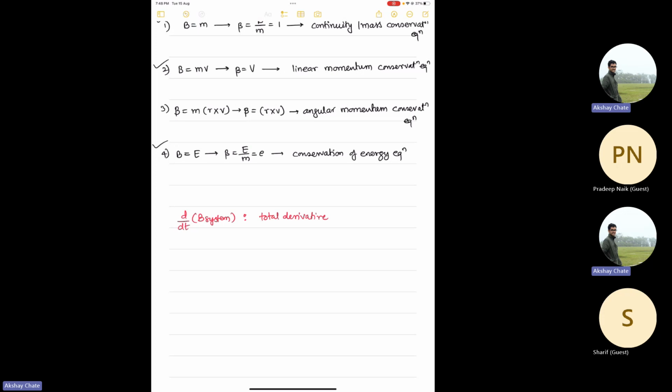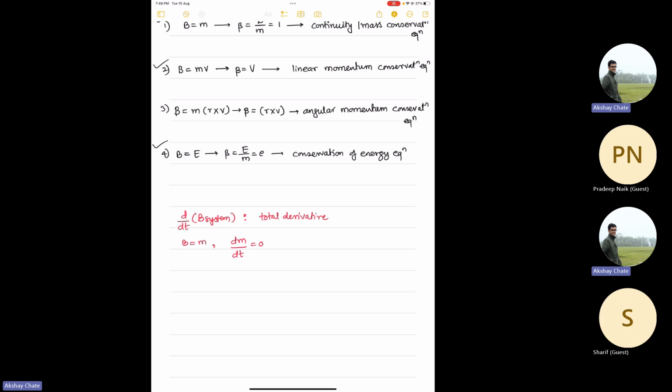So let's say you have a control mass, 10 kg of water in a container and there is no inlet or outlet for that water. As long as the water is not going out or coming in, if I take B as the mass of my system, then dm by dt